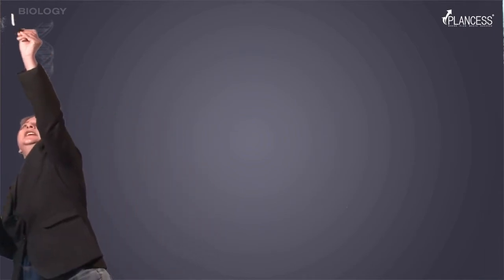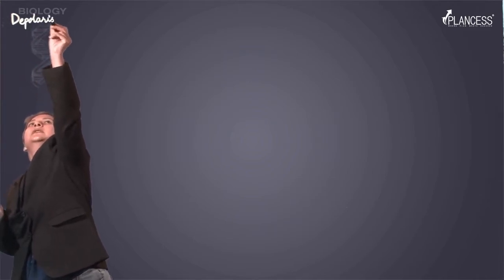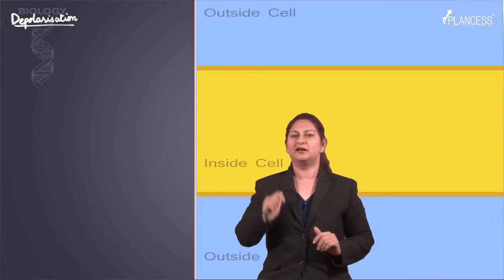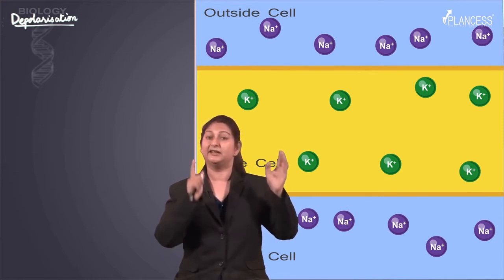Let's now look at the action potential. For the action potential to actually happen, there are two things happening. One is depolarization and the other is repolarization. Before that, when we had discussed resting membrane potential, that was the polarized state. Now we have to move to the depolarized state. If you remember the scenario, inside there were potassium ions, outside there were sodium ions, correct, in the extracellular